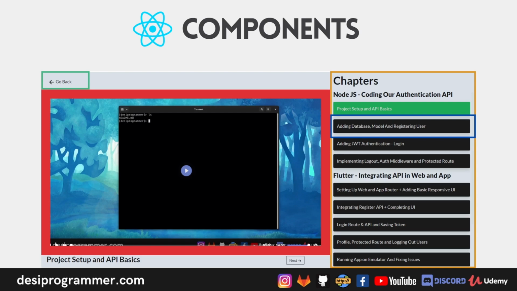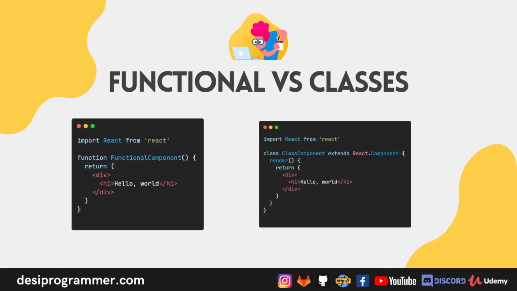So this is the entire concept of components, and don't worry, we'll talk in detail about components. We will see how we can actually code them and how we can get to a result where you can understand why these things are very important. Now, although I'm not going to talk about code in this particular intro video, there is something that I want to mention, and that's functional components and class-based components.